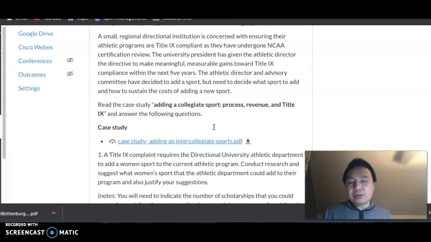But the athletic department also, when they contacted the university, wanted to make sure they have the budget for at least 2 years in a row, to make sure that after adding that sport, the sport is able to be operated effectively for at least 2 years. So this is about this case study. I think a lot of you came up with great ideas. This is actually an exercise to help you understand how you can make tough decisions in these kinds of crucial moments if you were in college sports.